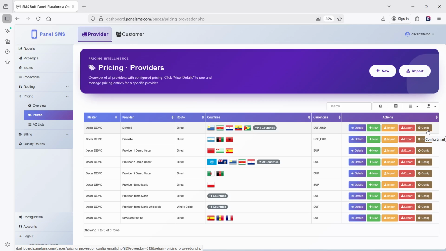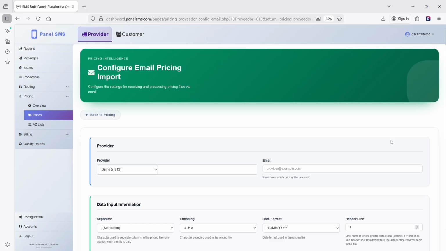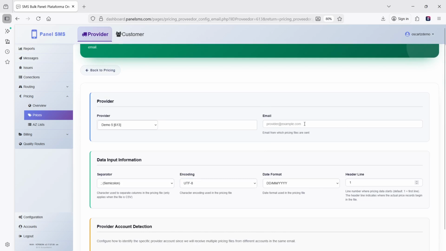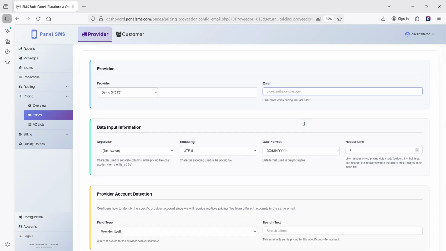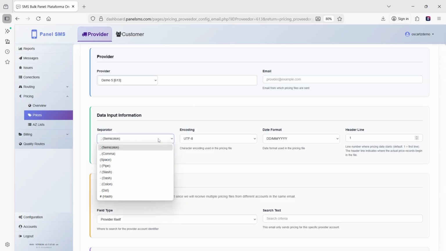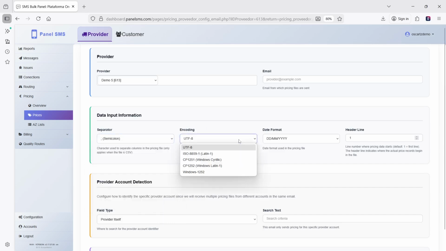We click on configurations. Here we insert the email from the provider. Here we select a suitable separator. In case the file is in CSV format, we select a suitable encoding. We select date format. We insert header line. And then